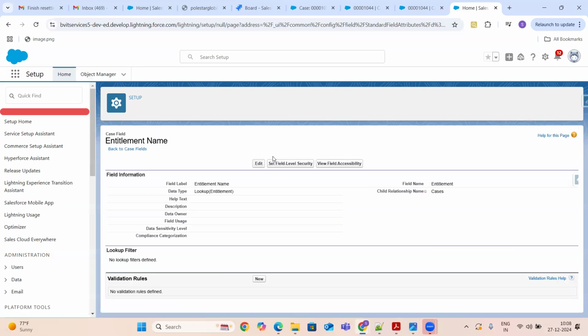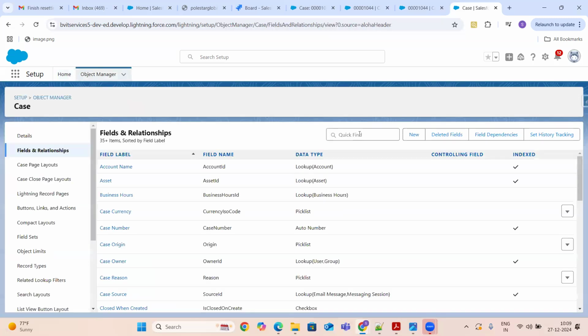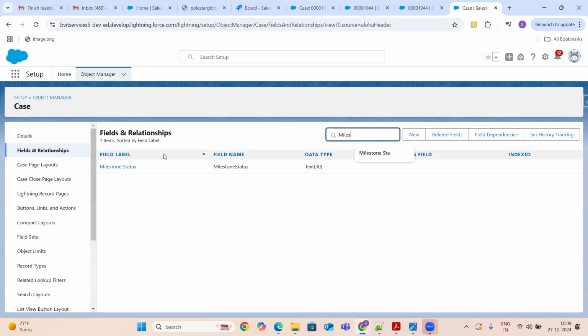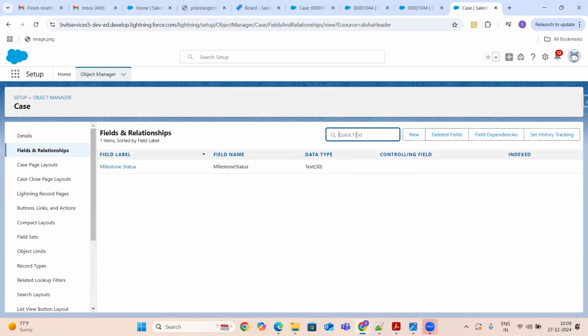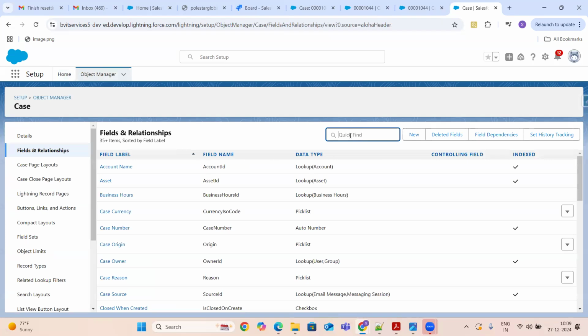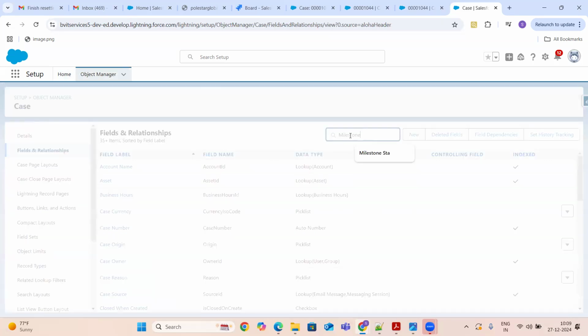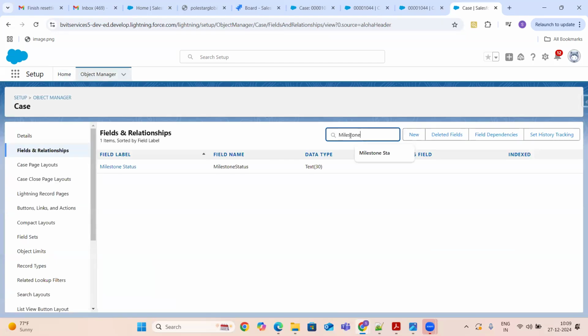There are three fields on the case object, guys. One is the entitlement name, and the other two fields I gave permissions to are the milestone status and the milestone status icon.